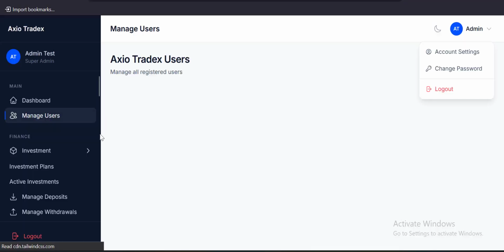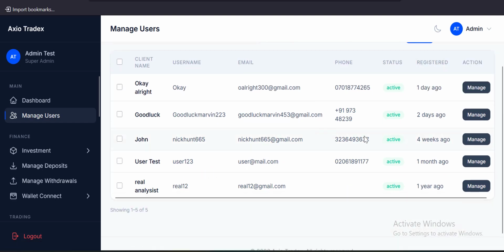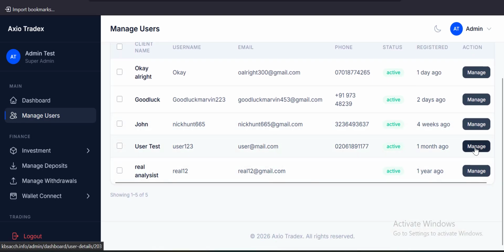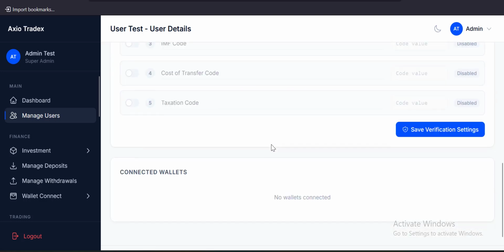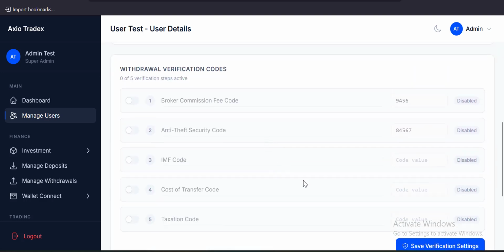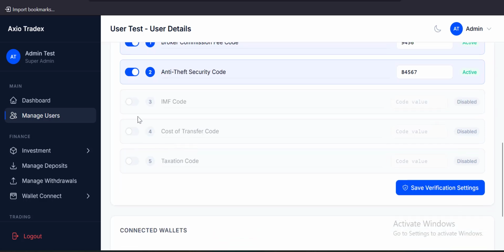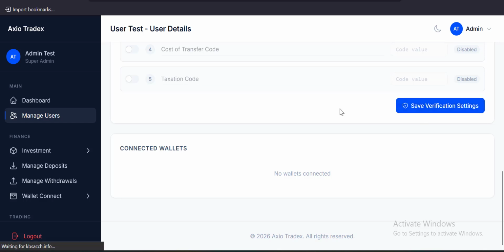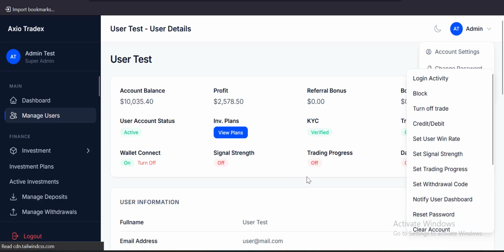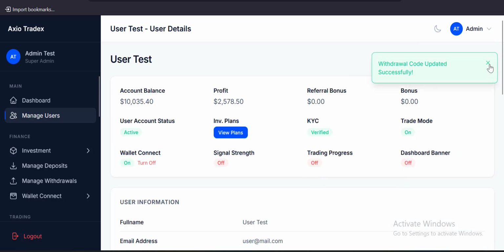Then you can probably do the other ones too. So let's go into the dashboard now, so you can see the other parts of it, especially the users part. All right. On the users part, this is where you can toggle withdraw verification codes. You can see now, you can toggle all these codes here. You can edit them, then you click on save. Okay. The connected wallets will be there, and there you can view